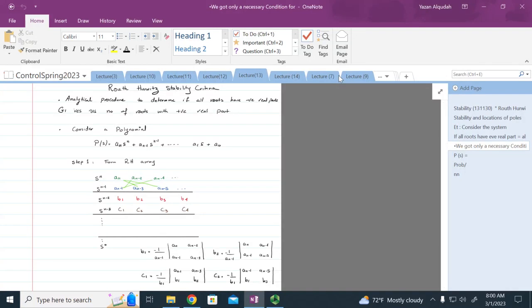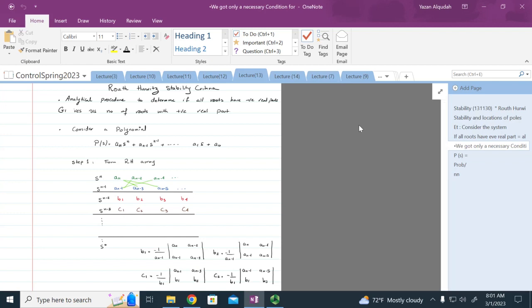So, who remembers what we started in the previous class? Routh Hurwitz tables. And what is the idea behind Routh Hurwitz tables? Figuring out the right-hand poles. How many poles are in the right-hand side? The idea is that it is easier to know the number of poles, or roots, in the right-hand side than to find the actual roots. Together? So then we said, in order to establish the Routh Hurwitz table, if we have a polynomial, we have